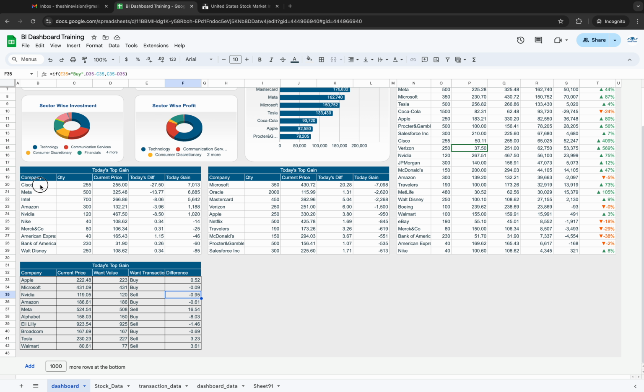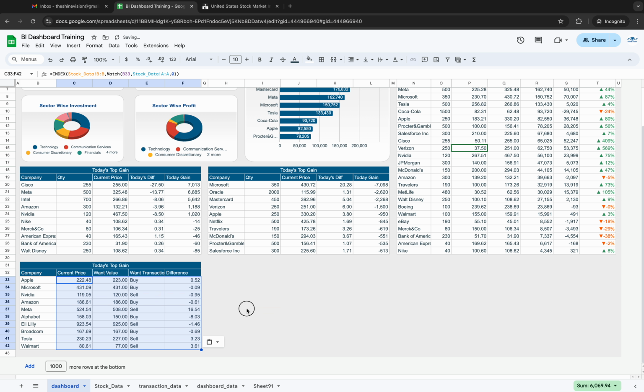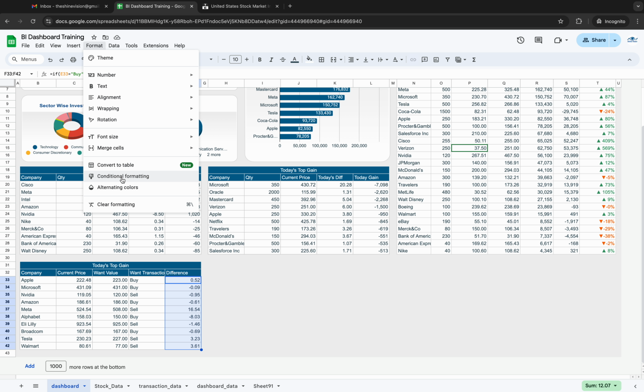So I'll just set up the formula the same as this, and then just to make this more clear, we can remove the decimal from here, but if we want we can add that too. So let's leave it as is, and we can just add some color formatting to see which ones